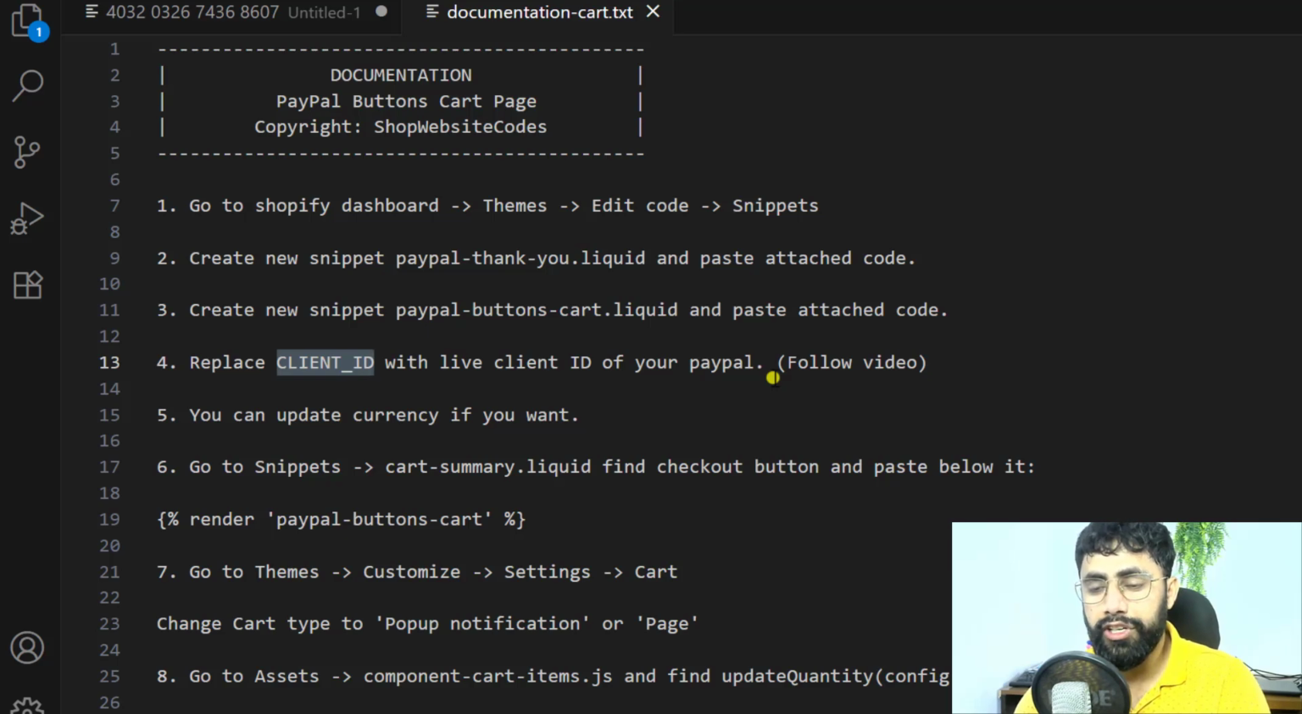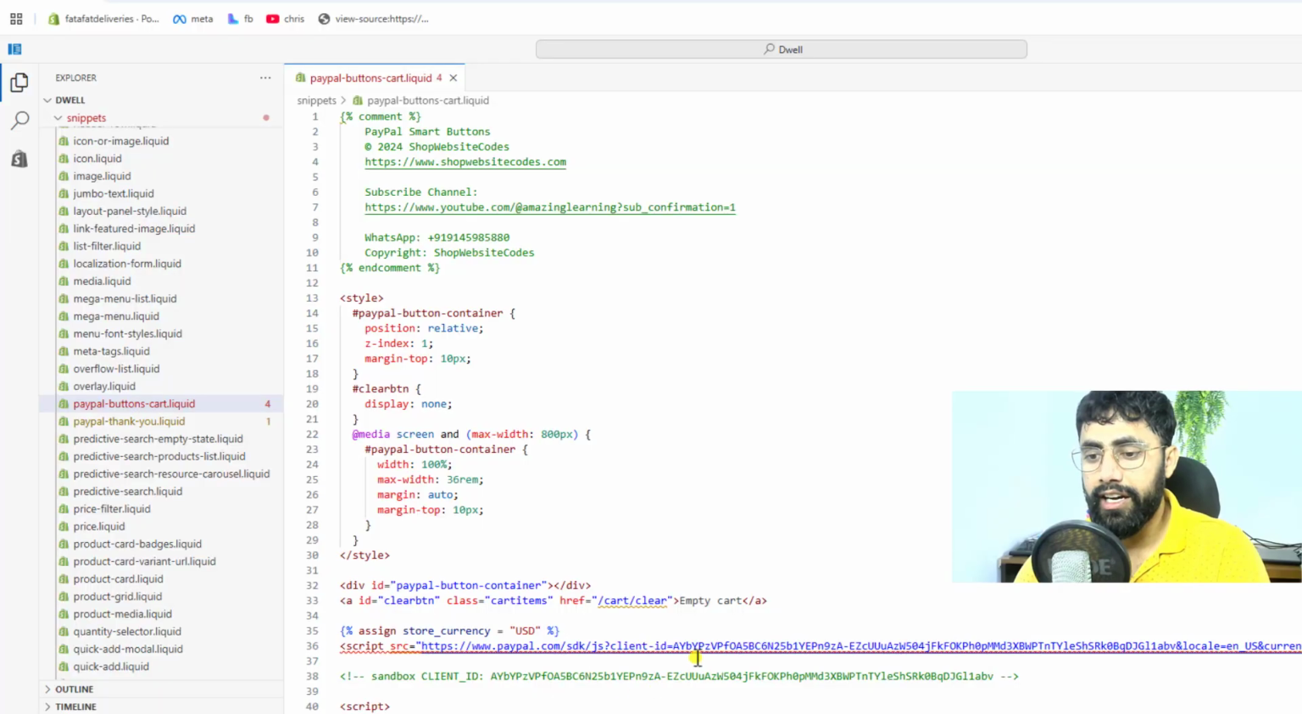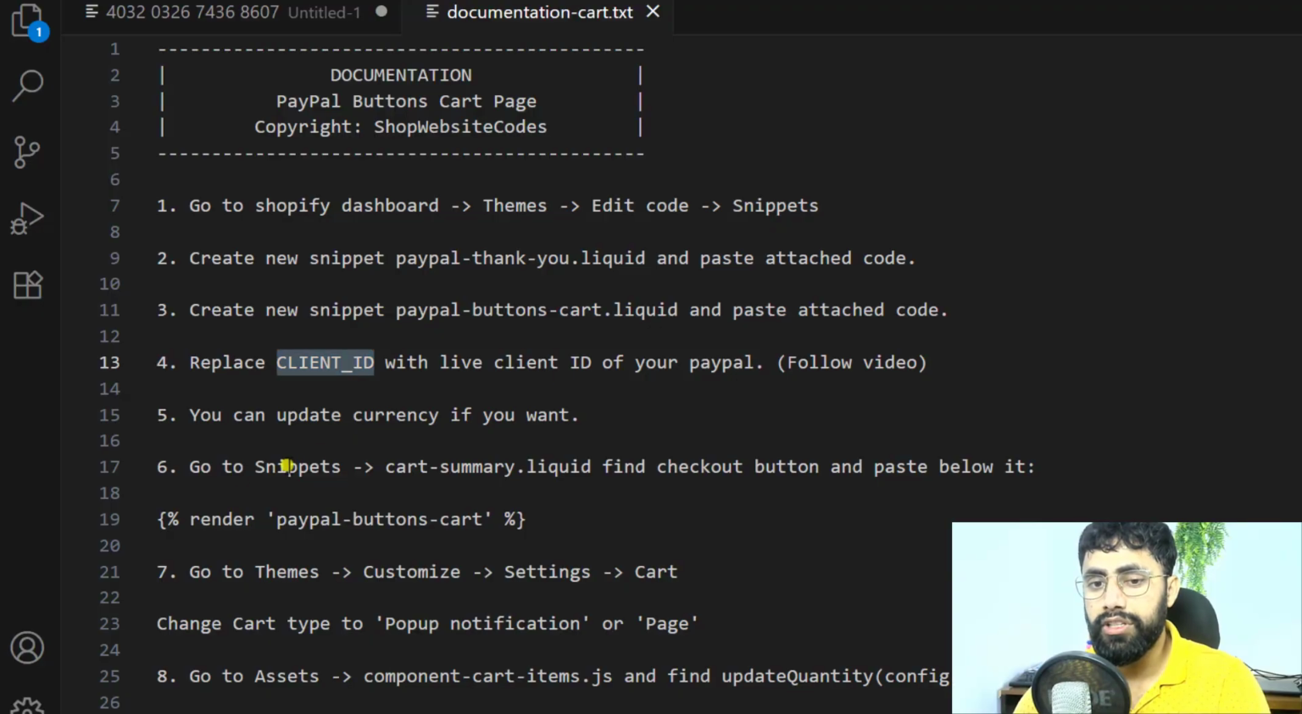You will find it; I have already given the link below in the description for the video guide. You should follow that video, and once you get that client ID, go back. I have added a test client ID right here, and you need to replace it with your actual live client ID. We have two kinds of client IDs: one is sandbox and another is live. Sandbox is for testing purposes, but here we are interested in real transactions, so we need to add the live client ID. Once you have added that, save the changes and then go to the fifth step,